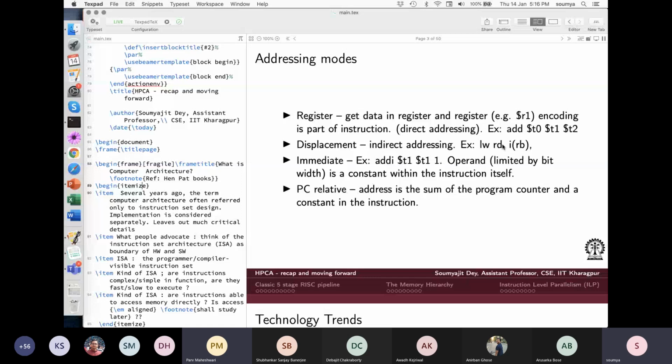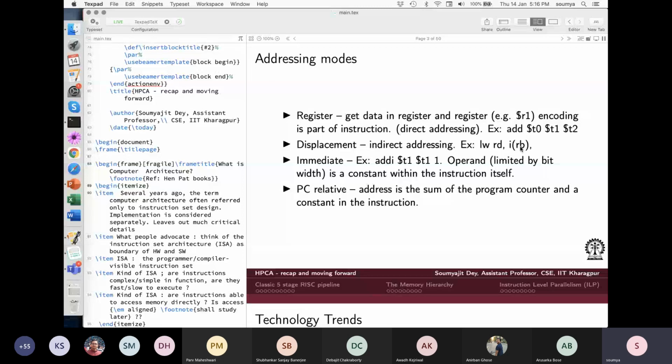Yes, sir. Now this base register need not be any register; it can be the program counter itself. Program counter means there is a special register called the program counter which holds the address of the program line that I am executing. Every microprocessor will have a program counter storing which location's instruction I am executing right now. If this is the program counter register, then this is known as PC relative addressing.